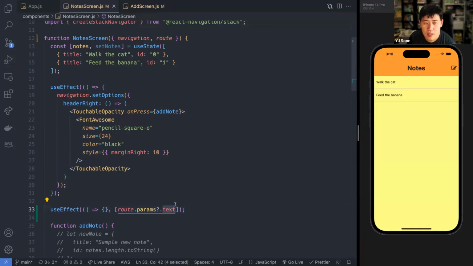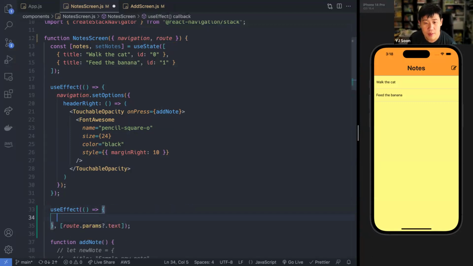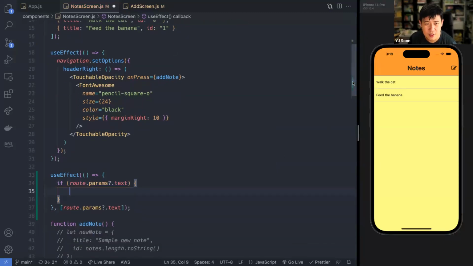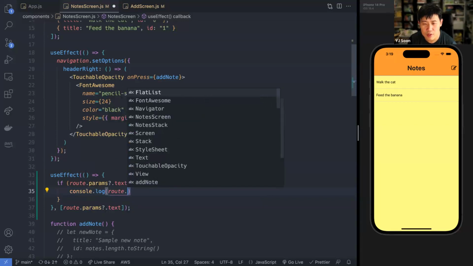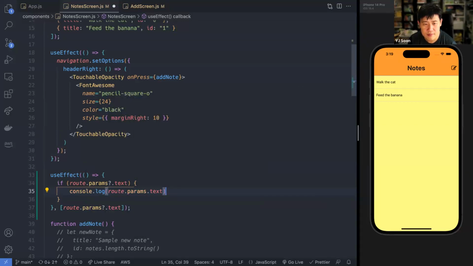Okay, so we are almost done. Now inside here, we just need to say, the moment something changes, you say if route.params.text. We should still check whether it exists. Then you'll say console.log route.params.text. Down here, I don't need to use the question mark anymore because by the time this thing exists, it's a truthy value, then I can